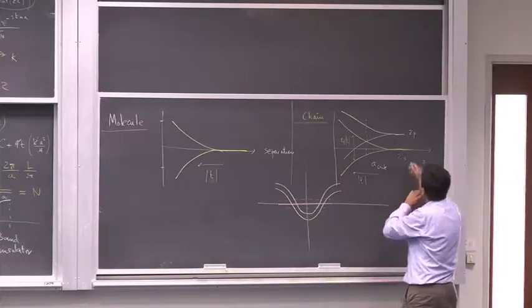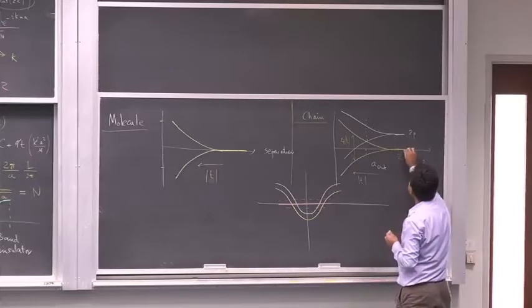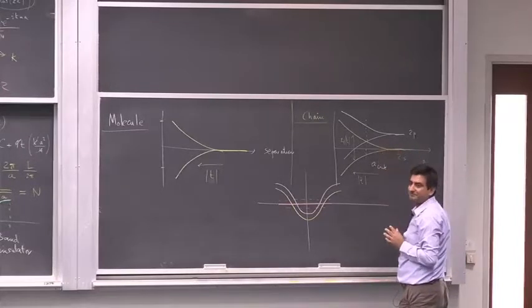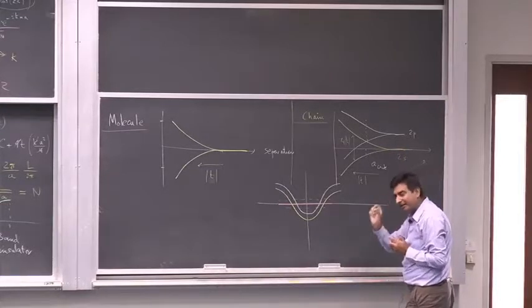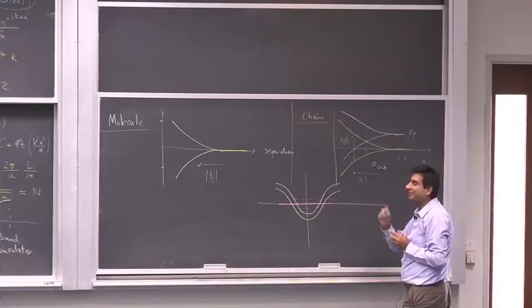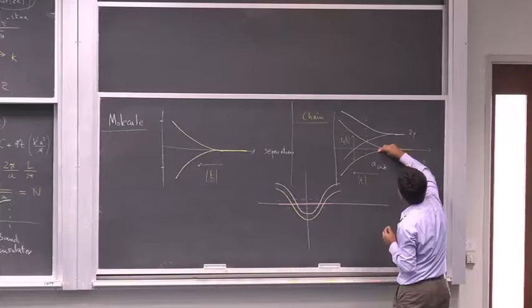So suppose you had this kind of configuration in which the 2s band is completely filled. The 2s band can be completely filled by 2 electrons, so each atom carries 2 electrons. If you have the 2s band completely filled, you have an insulator